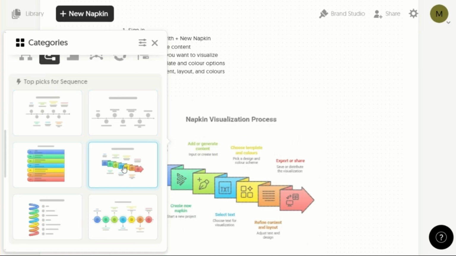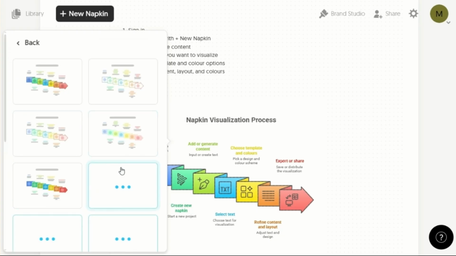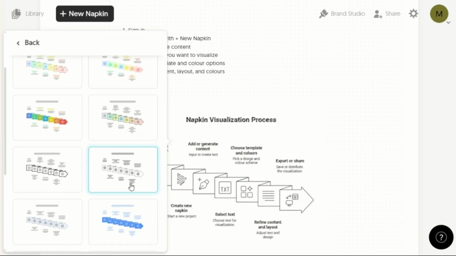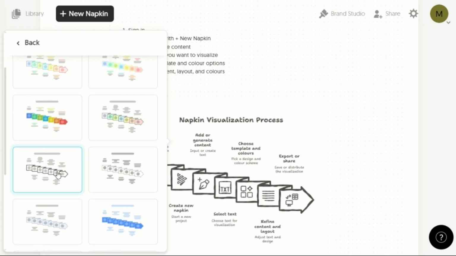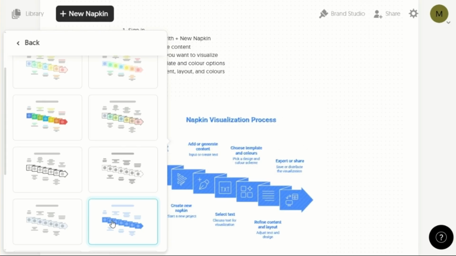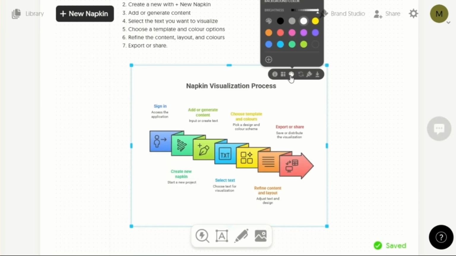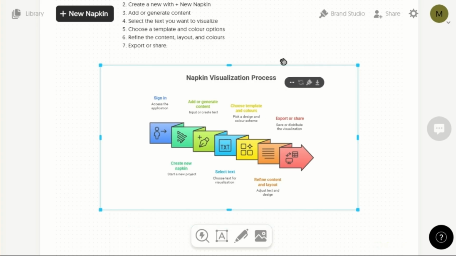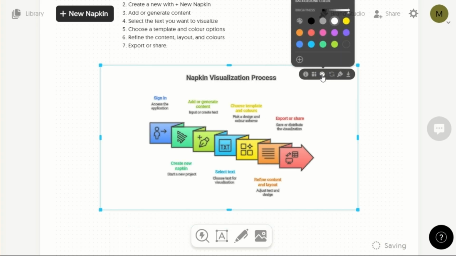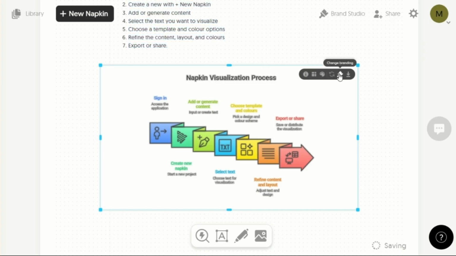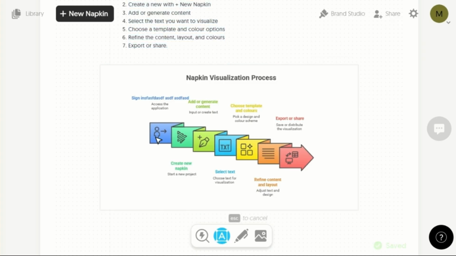So I can see the small images, and when I click one of them, I get to choose the color options if I want it to be black and white or blue or very bold colors or whatever. Okay, this is what I chose. And now in the upper corner, I have these options of the aspect ratio for the colors,